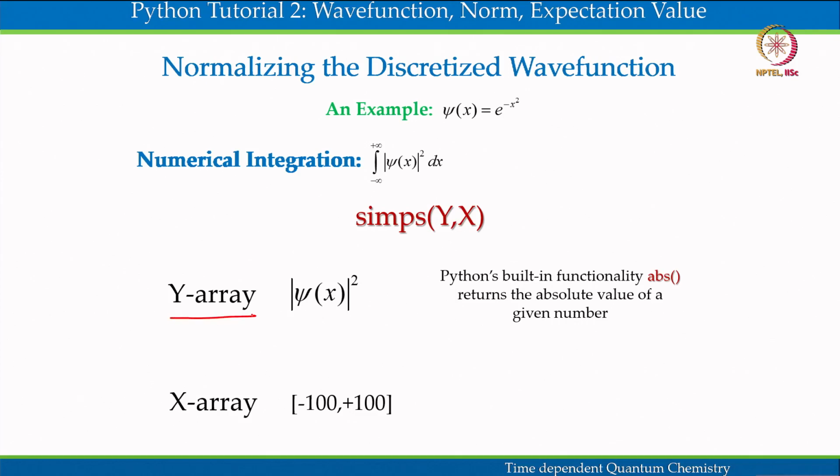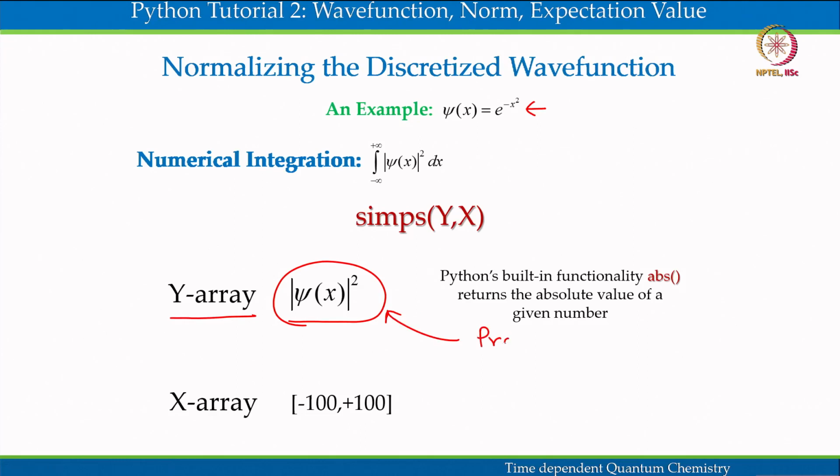This is the y array, as I have told before. This is nothing but the probability density, the probability density function we are familiar with,